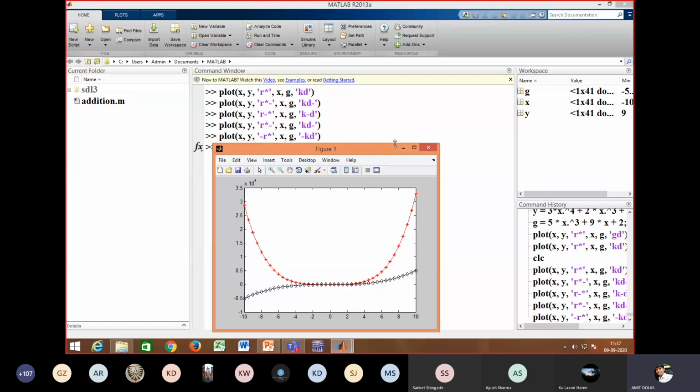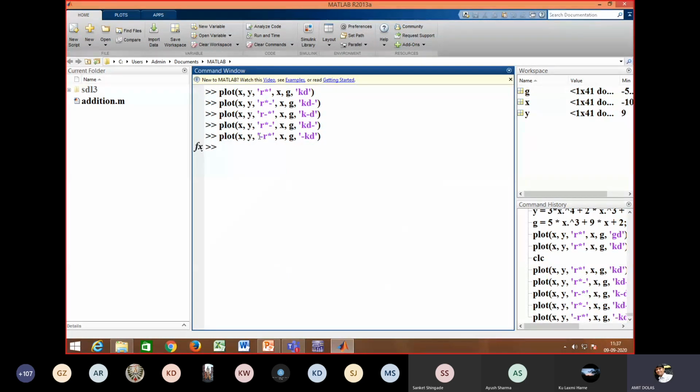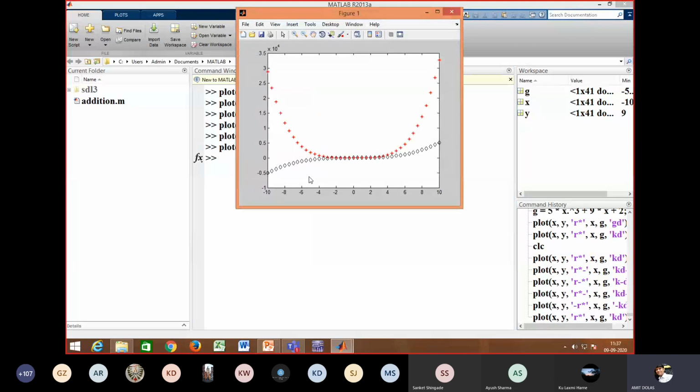In all three cases, whatever may be the sequence of these three things, क्या है ये सिंगल कोट में, हमने तीन चीजें प्लॉटिंग के लिए इंस्ट्रक्शन दिया है. लाइन टाइप कैसा होना चाहिए, उसका कलर कैसा रहना चाहिए, एंड मार्कर कैसा होना चाहिए. If you don't put this dash, that means there is no line. If you don't put dash, then there is no line. So there will be only marker with specified color.